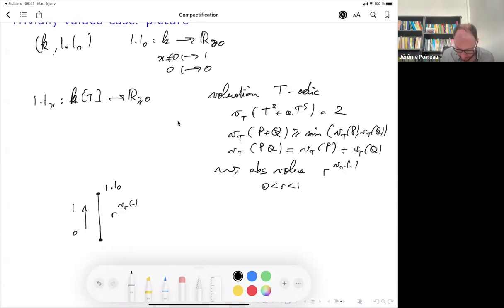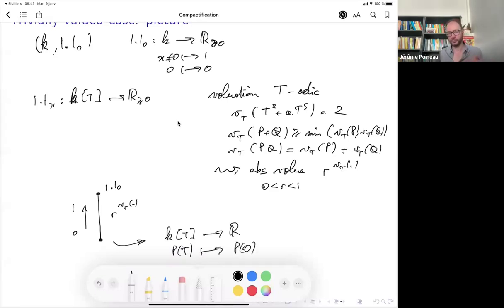Another way to do it is like this. So the associated semi-norm is something like, you start with some polynomial, and you evaluate at the point 0.